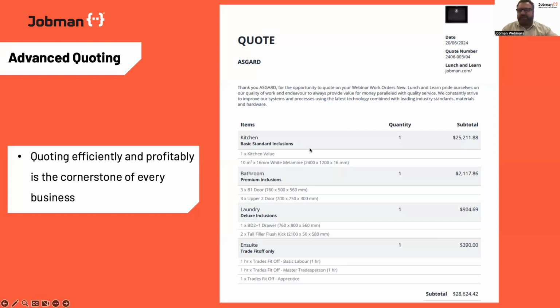So you can see here, I've just put together a quick template just to give you an idea of some of the different areas and things you can put into your quoting. Obviously, we have fantastic things such as quote introductions, preset templates for your forward-facing quotes to your clients. And then you can see here that the 4 major areas we're going to go into today are present. So we have a section, items, we have some understanding around what is included in each of those items or areas, depending on which way you want to refer to them. And then the things you can put inside, which we call components.